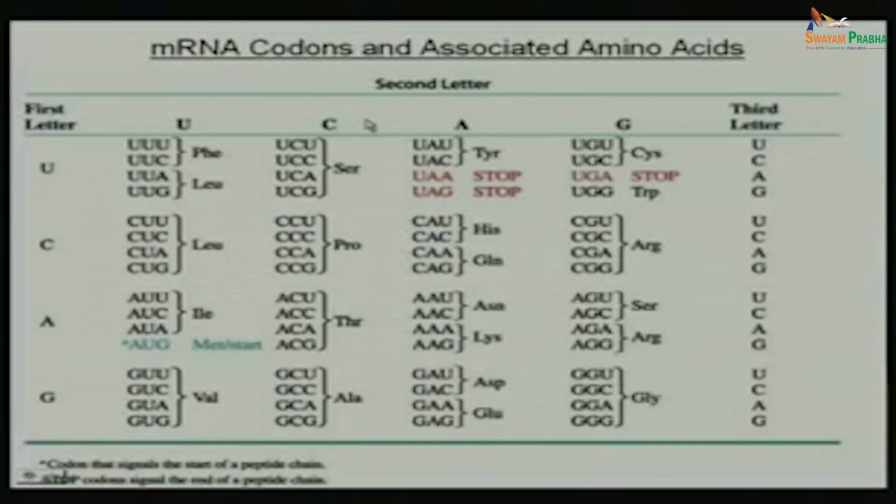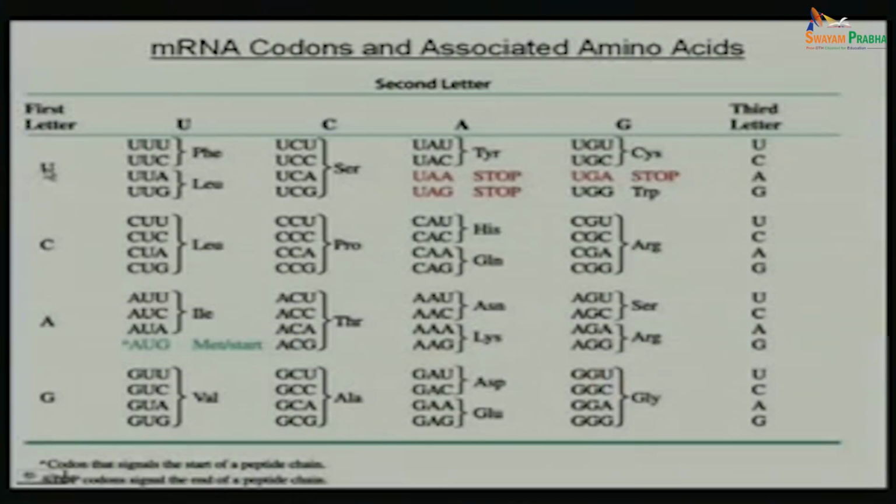If we take the first letter, second letter and third letter, these are the nitrogenous bases. Here is how these codes are formed: U C A G is the first letter, U C A G the second, and U C A G the third. Now, if we form the genetic code, three-letter triplet codes are there: U U U,